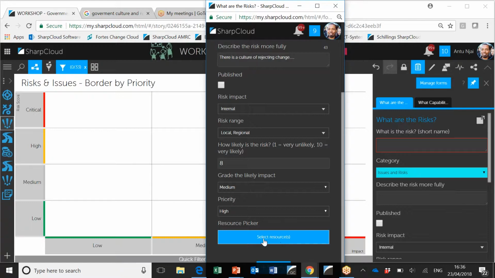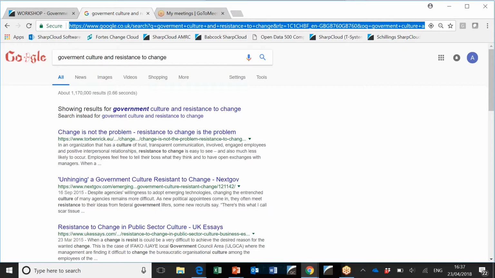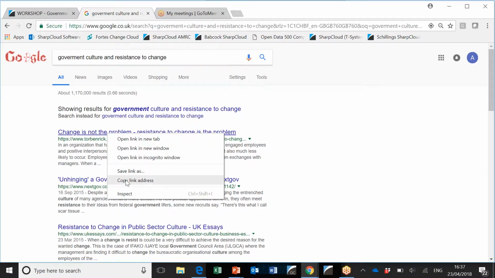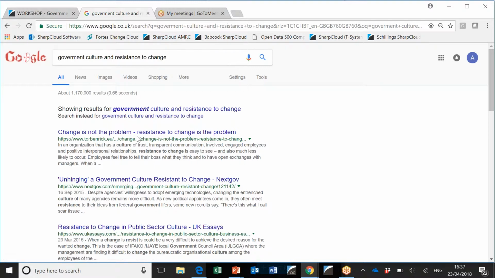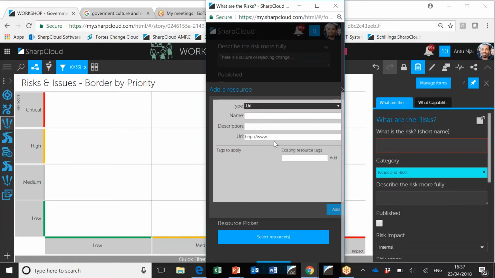You'll see we can then go and capture or upload a resource. And that would allow me to go to the normal SharpCloud resource picker. And I might want to, in this case, go and pick a URL. So maybe we found an article about change being a problem or resistance to change being a problem in government. We can go back to our form, which is open here in a second window, put that in, and I'll just say, you know, this is a recent government article,